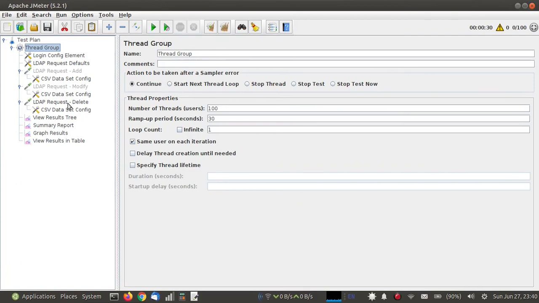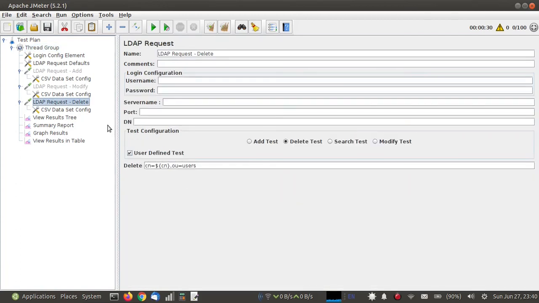There is another thing I would like to share. If you want to add the users or modify the users which are in multiple organizational units, you need to put this value in the variable, and then you can fetch the records from the CSV, and in a similar way you can add records in multiple OUs, as well as you can modify those records too.